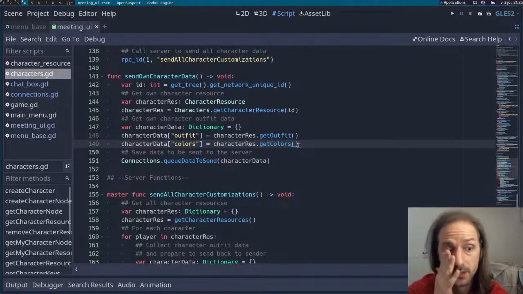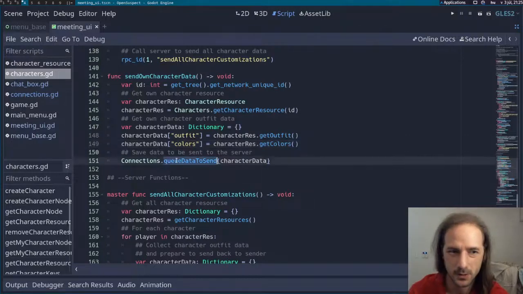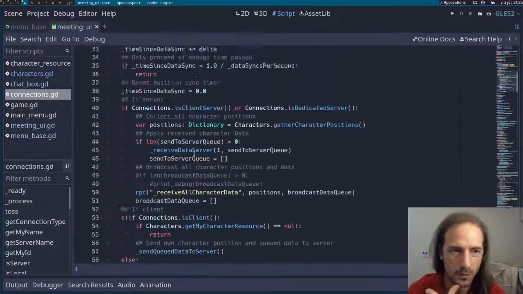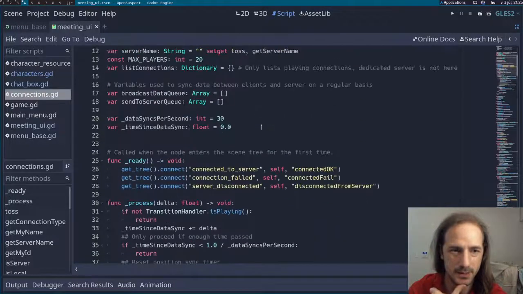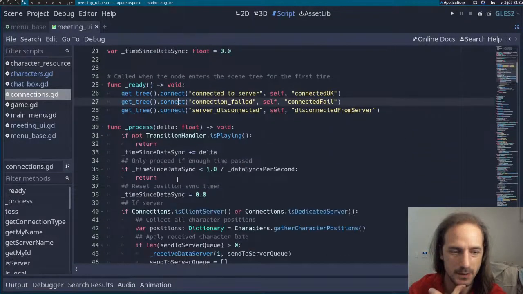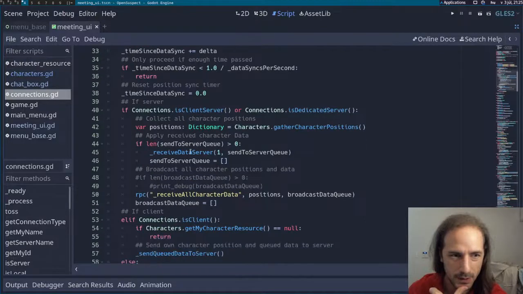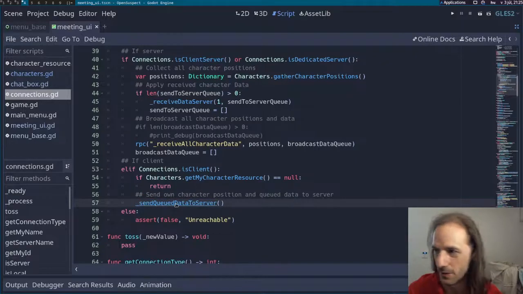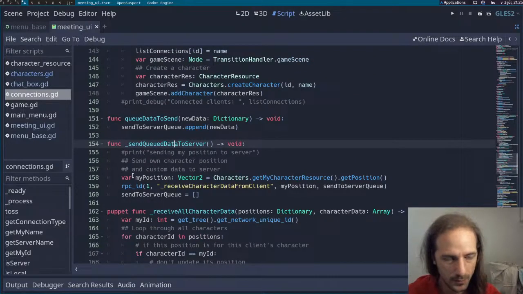Yeah, the thing is how it gets to the server. When we queue this data to send in our connections.gd, I will basically add it to the queue, and then we try to do it 30 times a second. If it's a client, it will just send all this queued data to the server, which if we follow through here,